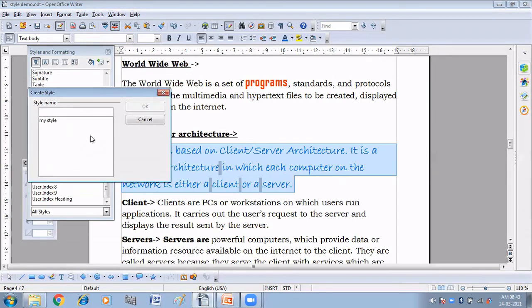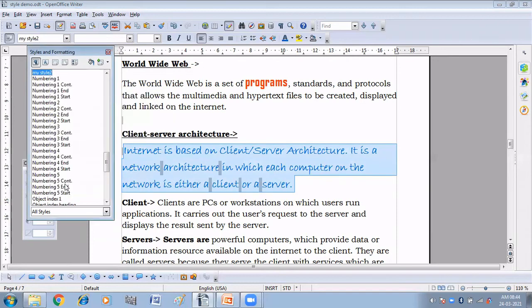So I can give a name to this. You can give my style 2. So I have created one more style by dragging and dropping it in the style and formatting window.